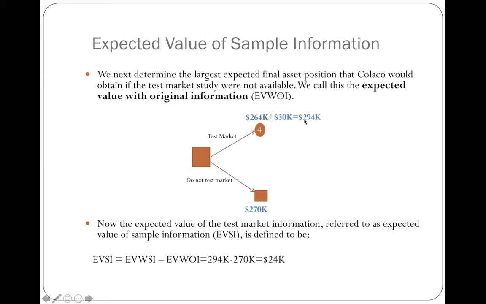So we call the 294K as expected value of sample information. Okay, and so that's what this means. Expected value with sample information, that's the 294K. The 270K is expected value without sample information, obviously, and that's what EVWOI means. If we deduct expected value without sample information from expected value with sample information, the value that we get is the maximum value we are willing